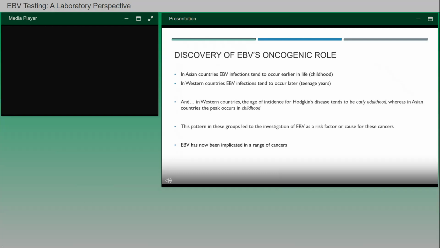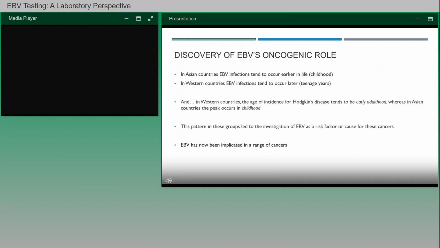And then if you superimpose on that another observation, that in Western countries, Hodgkin's disease, okay, so Hodgkin's lymphoma, which is just a B cell cancer of the lymphatic system, where you see those characteristic Reed-Sternberg cells. Hodgkin's disease in Western countries, in the US, tends to be in early adulthood, where again, it's earlier in Asian countries where it peaks in childhood. So